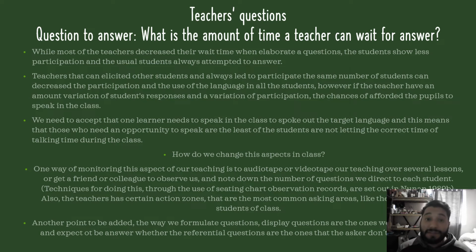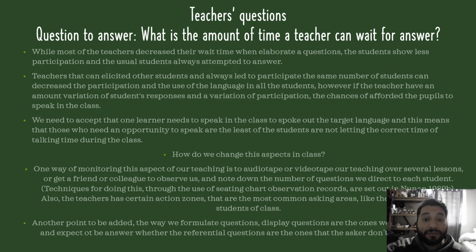Also, the teachers can elicit the students to participate, because you cannot always have the same number of students answer your questions. Yeah, it is good, but when you elicit to your students, you decrease the participation of all the students. So listening could be a very good way to make all the students participate, to tell them your ideas, and to tell them what they can add to the topic.